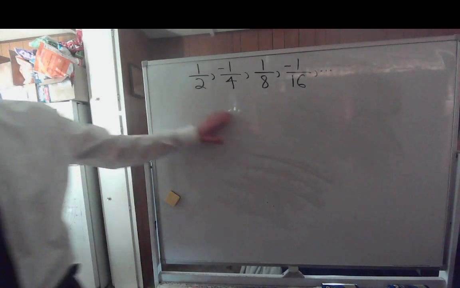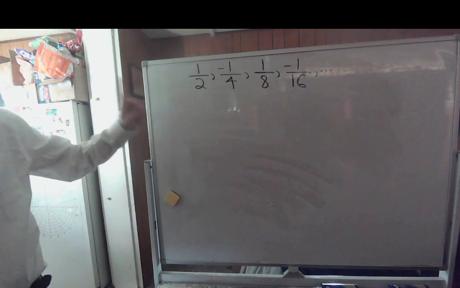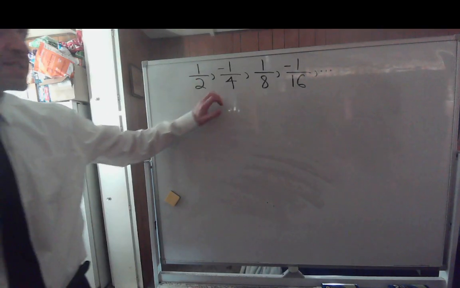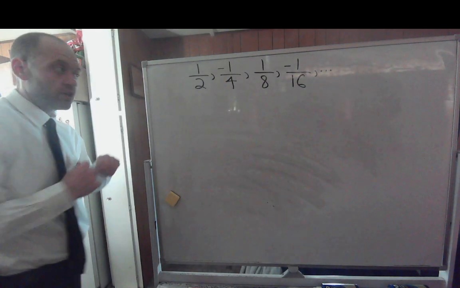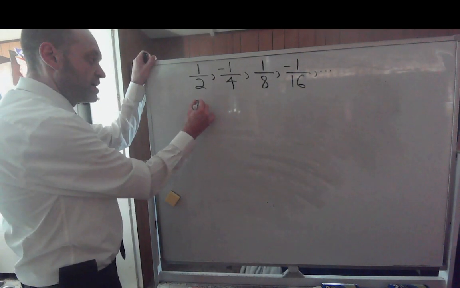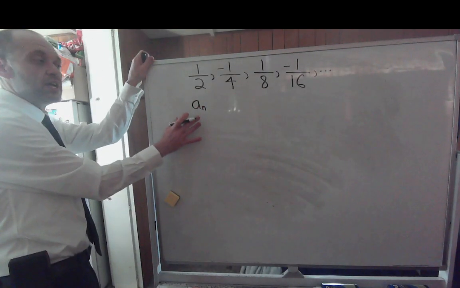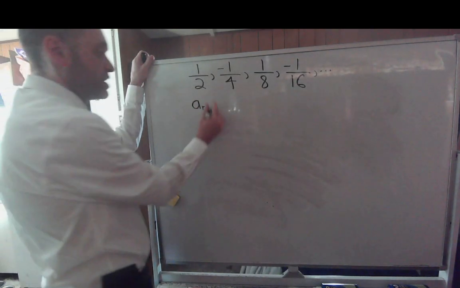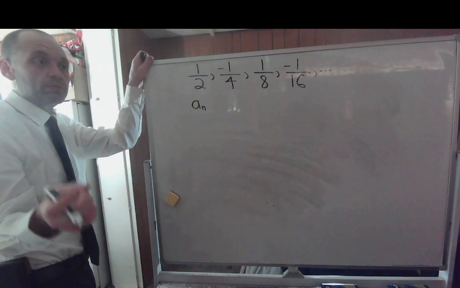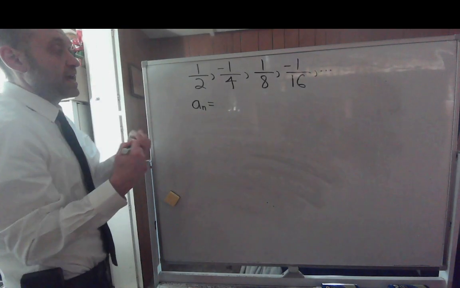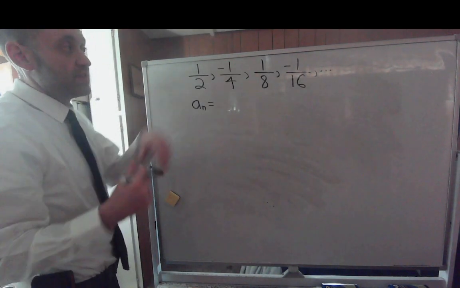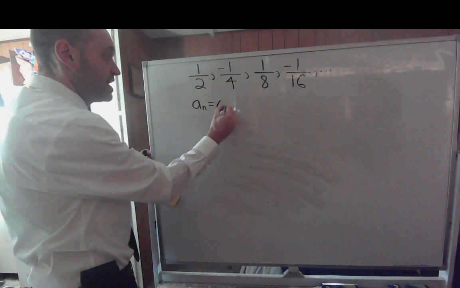You notice you have an alternating positive, negative, positive, negative. So we have to address that alternating. So we have a sub n, of course. That's how you'll begin to list every general term of a sequence if you're finding an explicit formula, which we are. That's going to equal, since we have an alternating positive and negative, you're actually going to take -1 to